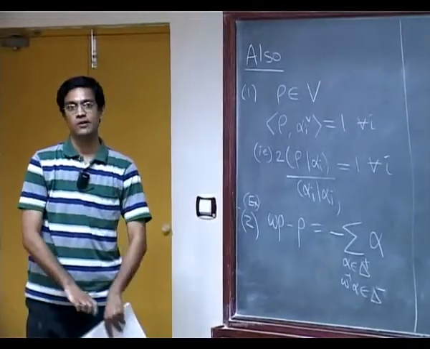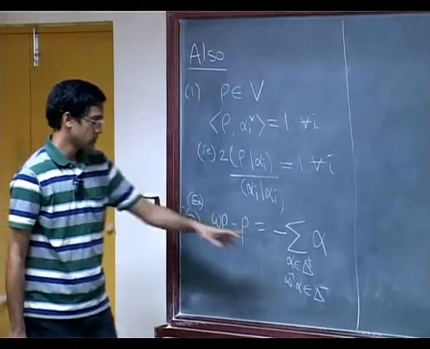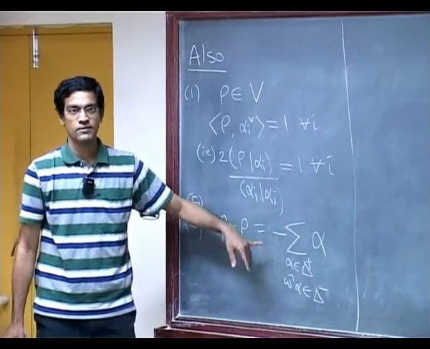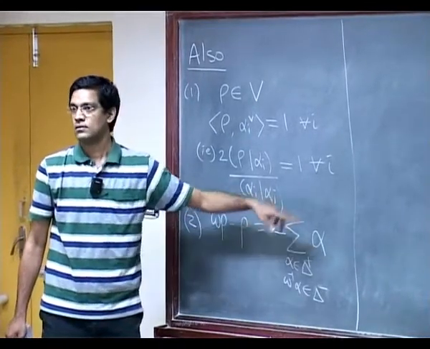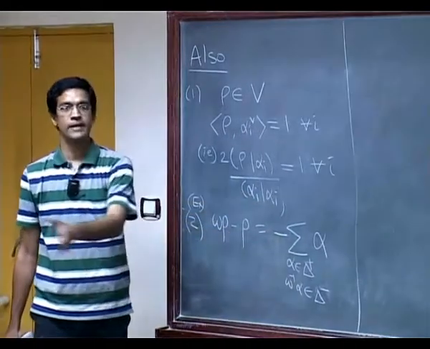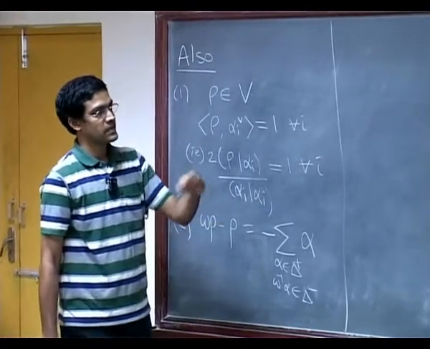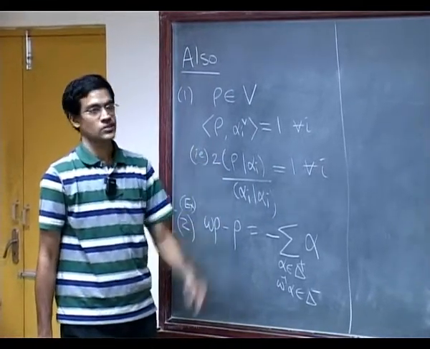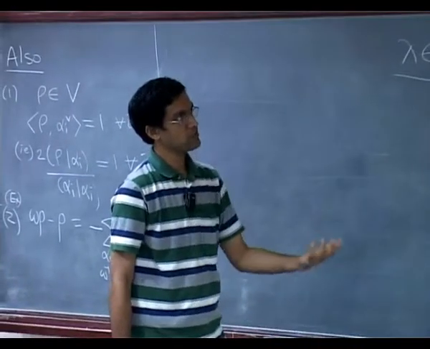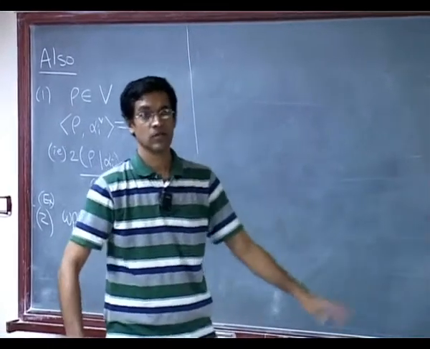W inverse alpha belonging to delta minus, right? The positives which become negative under W inverse. And then you must sort of do a minus of that. So observe, in particular, W rho minus rho is always a negative sum of the positive roots. When you write it in terms of the simple roots, all the coefficients will be negative. So it will actually become a combination of e to the minus alpha i's, as it should, because the right hand side only consists of terms of the form e to the minus alphas when you multiply it out. So the left hand side had better also consist of such terms.